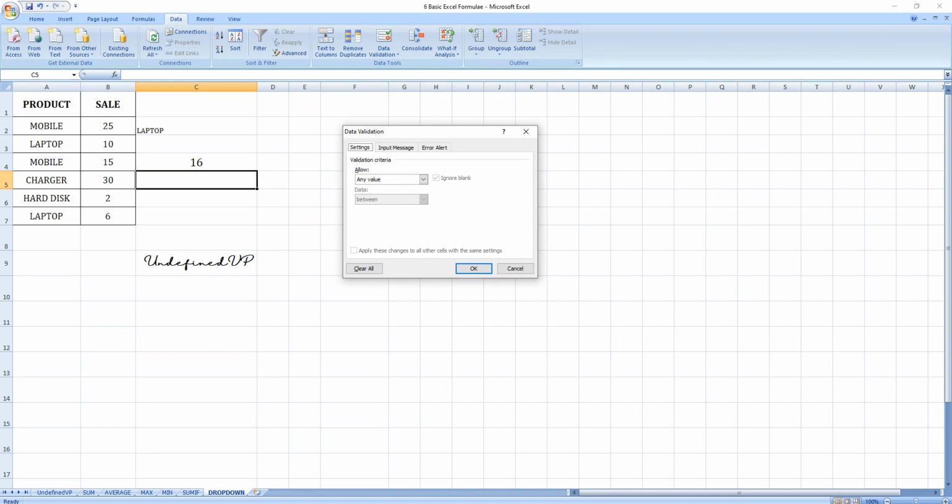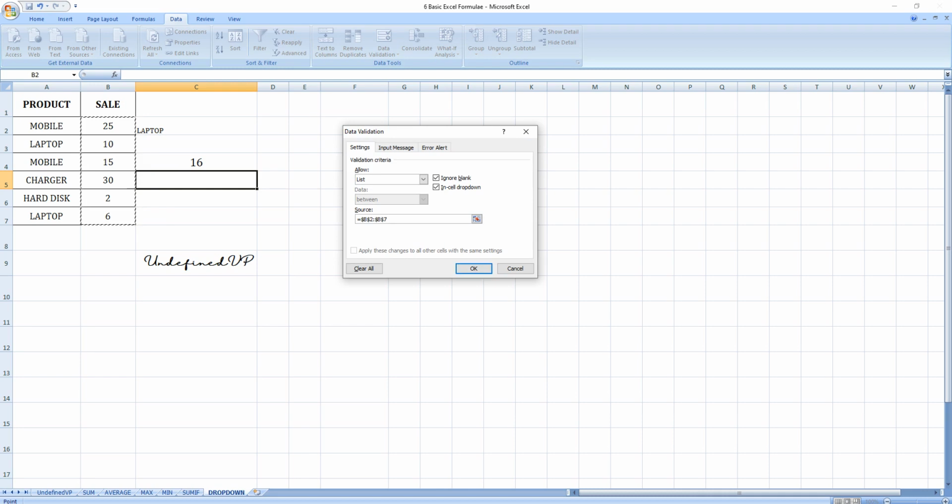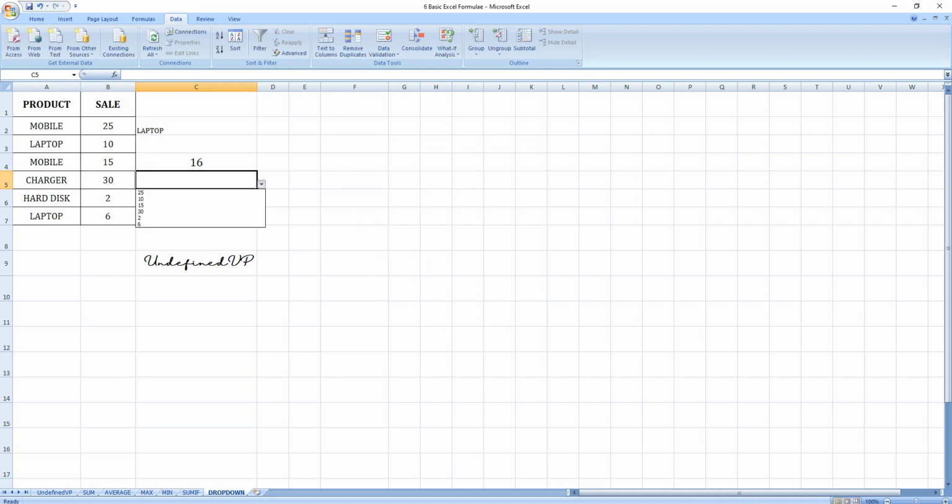Then select the validation criteria as List, then select the source. I will select this source now, go back to this, press OK. Now you can see the drop down list. The drop down list will be created in whichever cell you have selected.